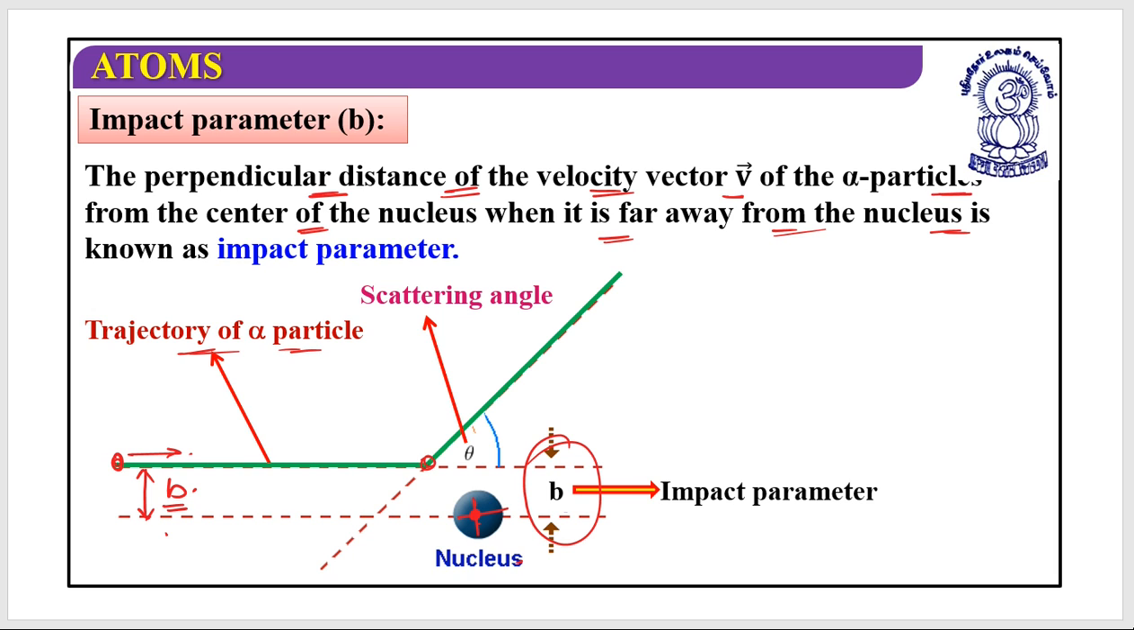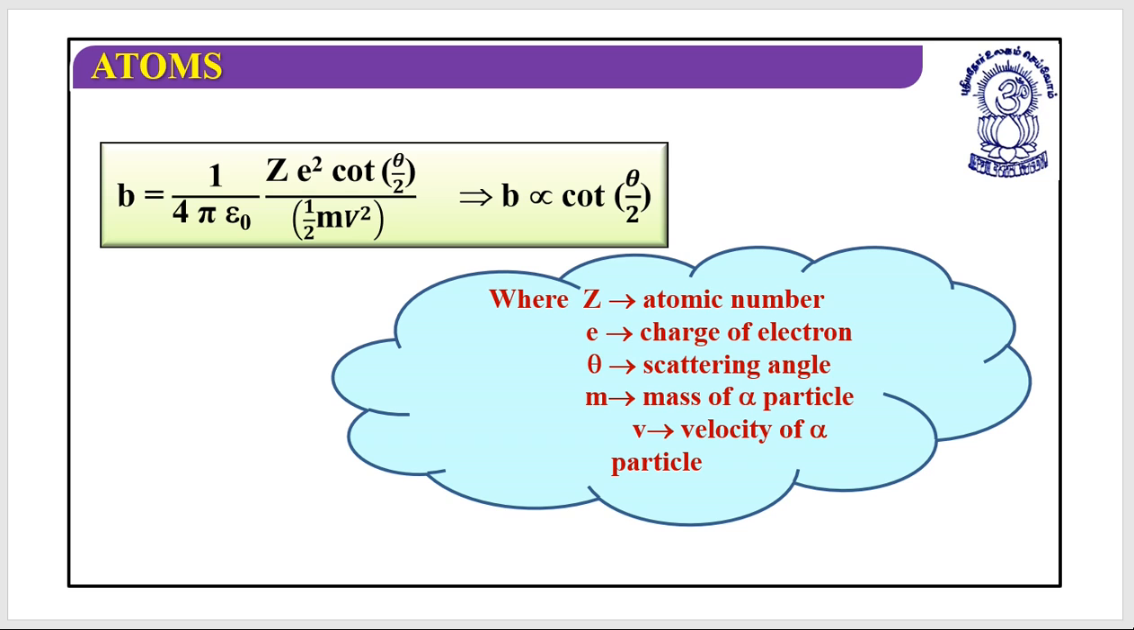Now due to a force of repulsion, because this alpha particle is positively charged and this nucleus is positively charged, it's Ze basically. So the particle has traveled in this direction and then it has been shifted to this. So there is a certain angle with which it has scattered. And the formula between this impact parameter b and this angle could be given as